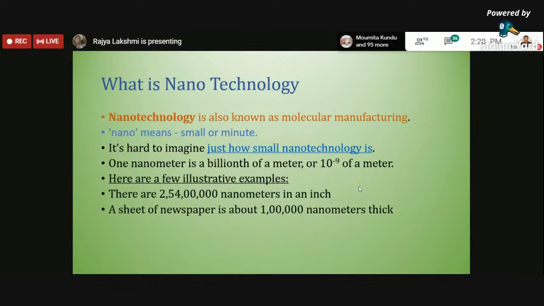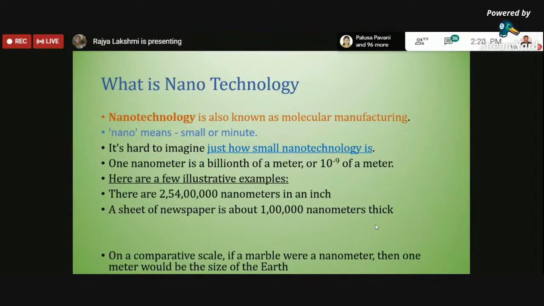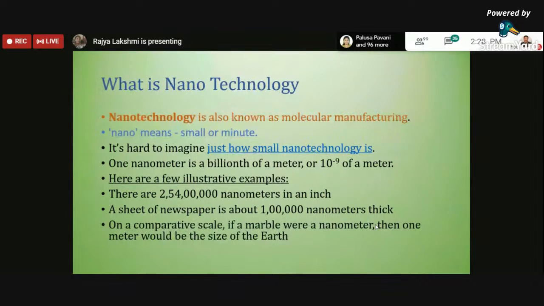So when it comes to expressing some things, it will give a positive impression or impact on the particular situation, so that we can have impact even on a nanoscale also. Even the newspaper we read every day is around 1 lakh nanometers thick. But imagine how thick it is when it comes to nanoscale. Similarly, there are so many examples to measure, especially in terms of nanoscale dimensions.